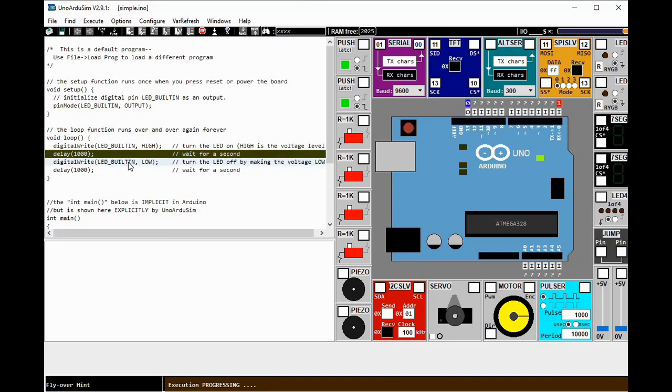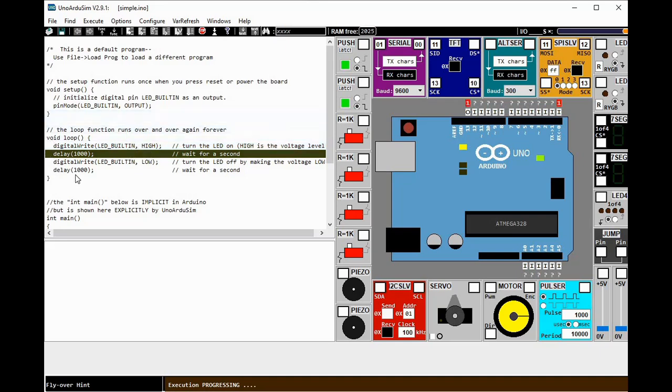What would be the unit of delay? The unit of delay is milliseconds. So the value of the delay is actually 1000 milliseconds, and that is equivalent to 1 second.